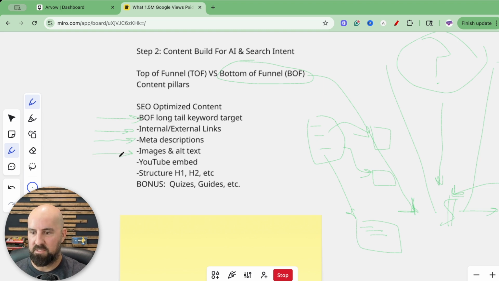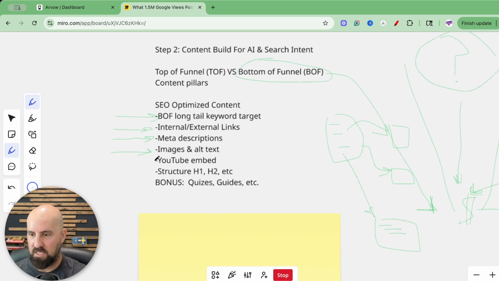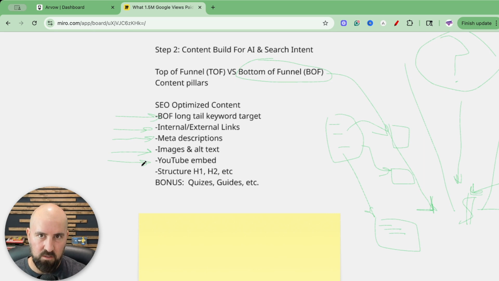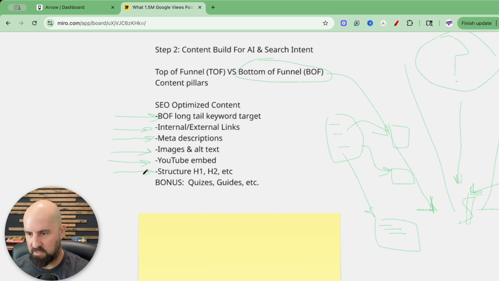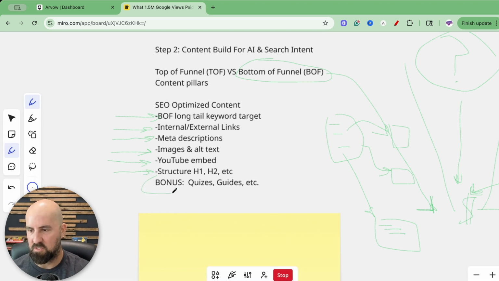Images and alt text, again, very important to add that extra SEO inside our content. Embed YouTube videos, whether they're your own YouTube videos or relevant YouTube videos. It makes your content more engaging for the user, so they're bouncing less. The proper structure, H1, H2, titles and headings. So that's important. And then a bonus, this is a super sneaky tactic, is to add quizzes